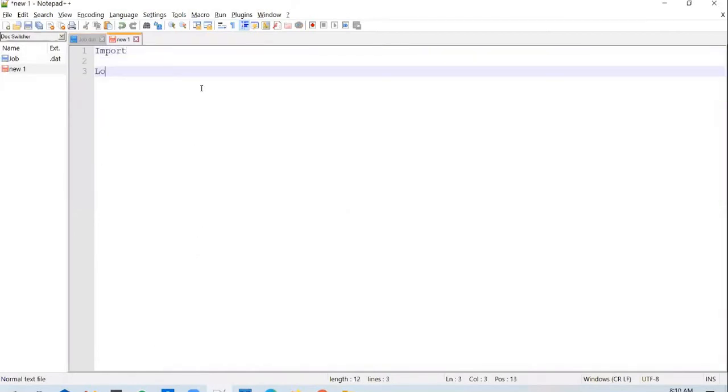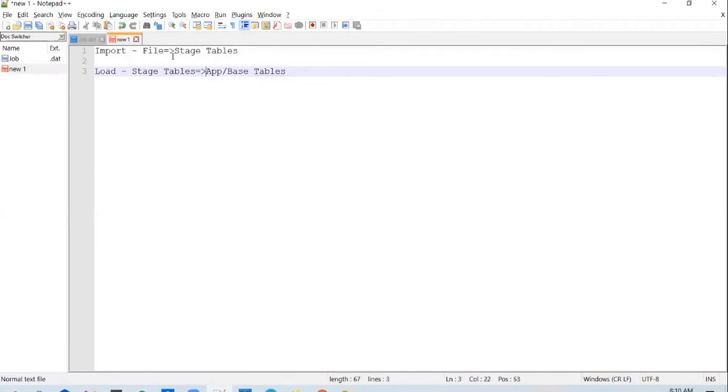Import and load. What will import do? Import will load the data from the file into stage tables. So you don't have interface tables. Instead, what you have in the HCM data loader process is stage tables. And then the load process gets kicked off. What will the load do? The load process will pick up the information from stage tables and insert it into the application or base tables.